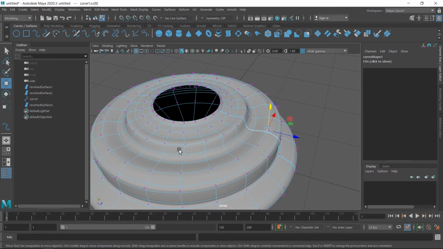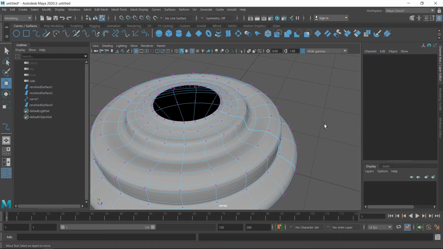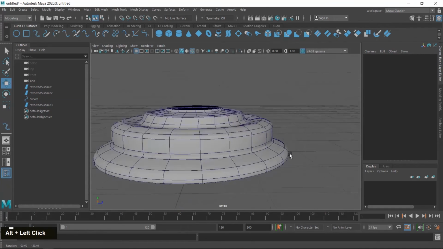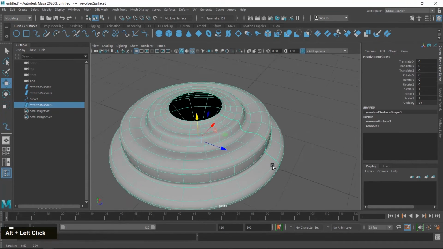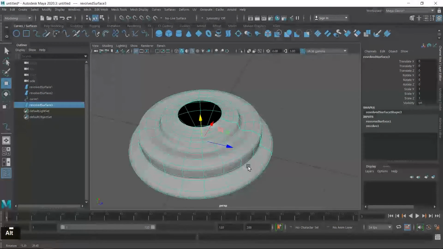If you want to show the construction line, click on the shading, and here you can see the wireframe as shaded option is available, and the shortcut is Alt 5. So you can see the construction line after deselecting this object. In the next section, we completely draw this lantern model, and it's all about this class.